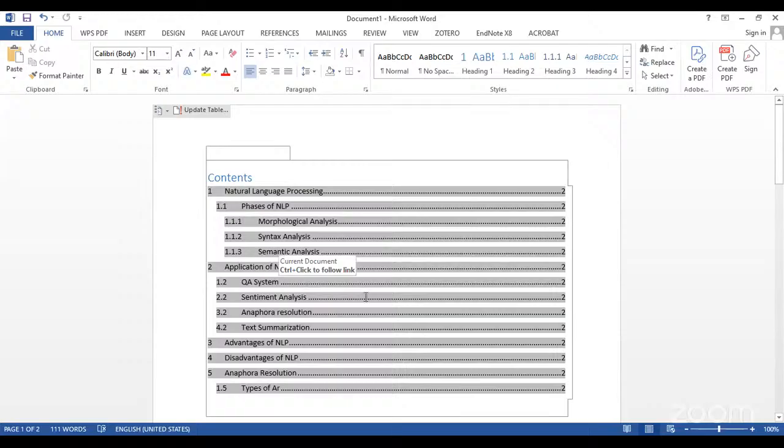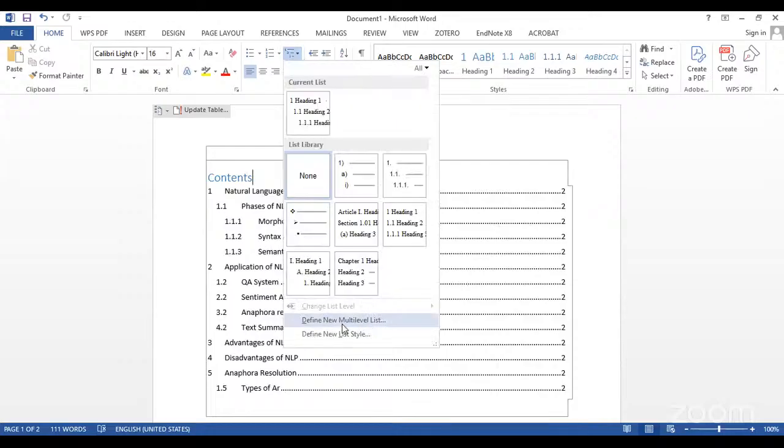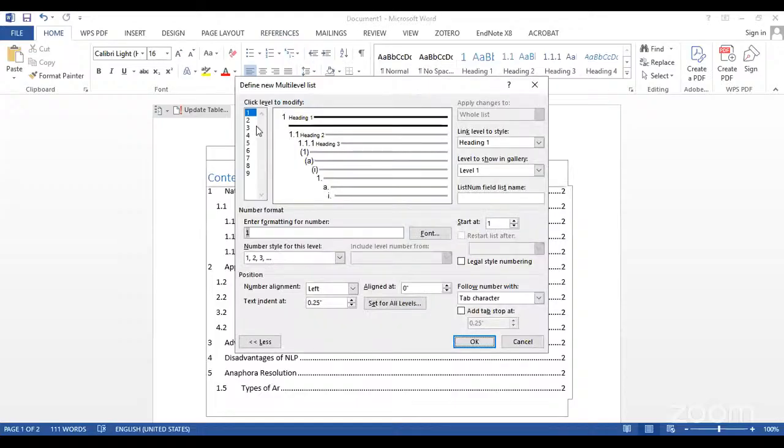Okay, sir. Here what you have to do is go again to the multi-level list, define a new multi-level list, and here you can see and click the level which we have to modify. Suppose level 1 is okay, then level 2 is also okay, then next is level 3.